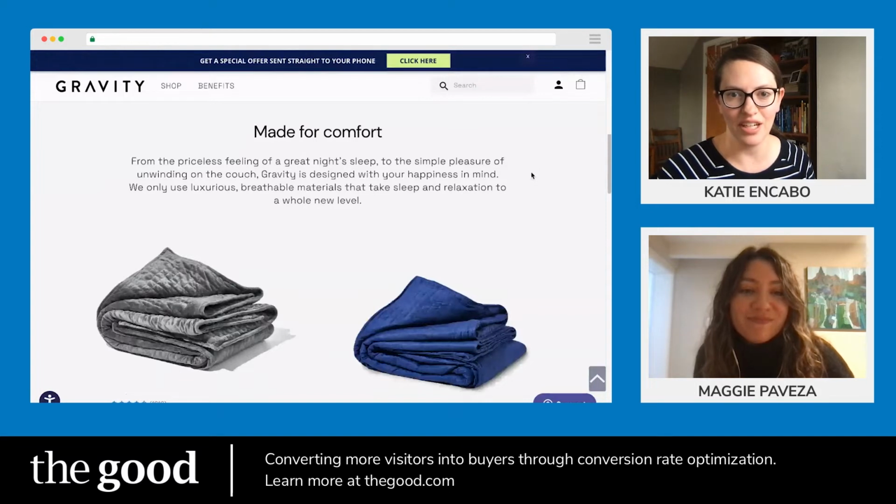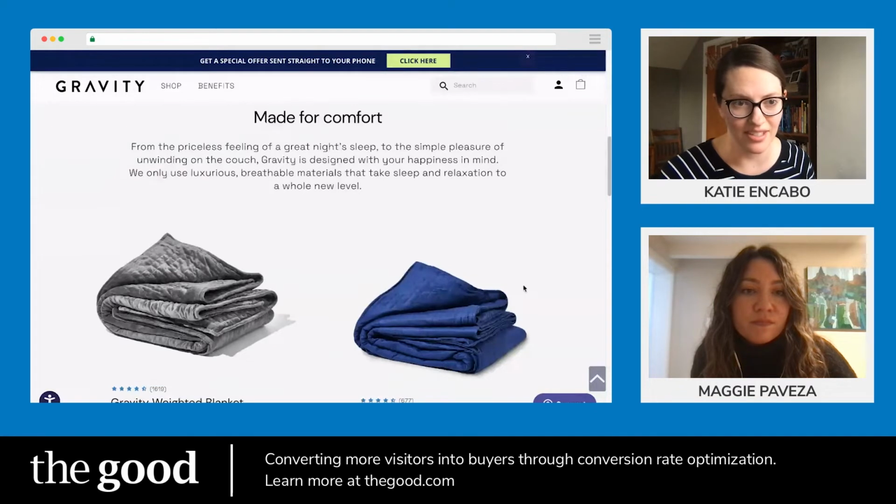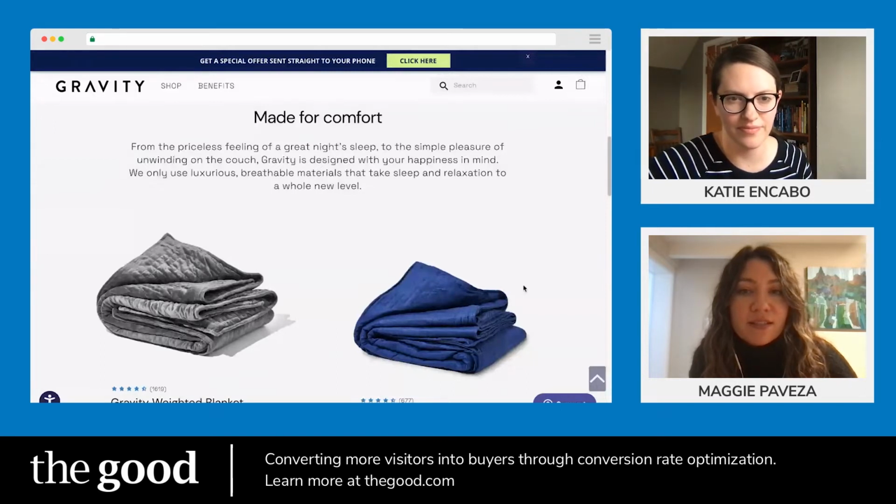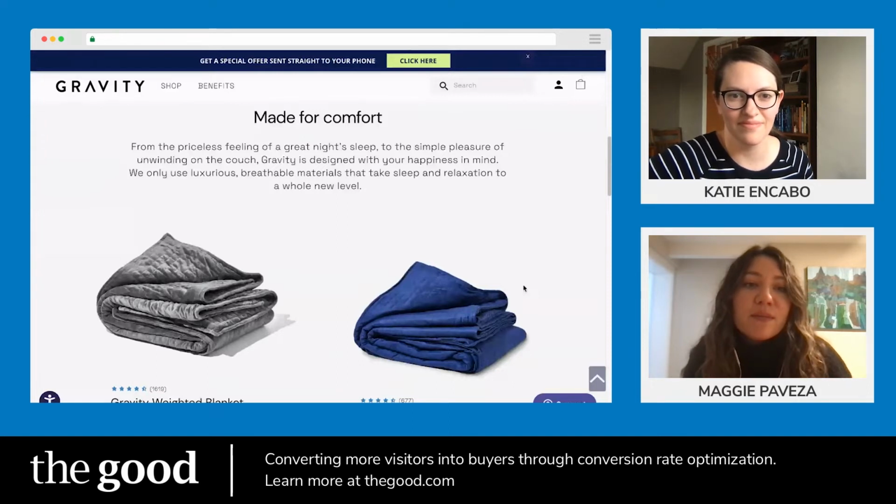Then we're getting into made for comfort, a paragraph here that I'm not really interested in reading because now I'm finally seeing these product images. But I suppose we could read this, and my eyes are definitely drawn to those product images though. Yeah, it is a little hard to read a block of text, especially when it's centered. It feels like it's mostly just marketing copy, like again, it's telling me that it's comfortable